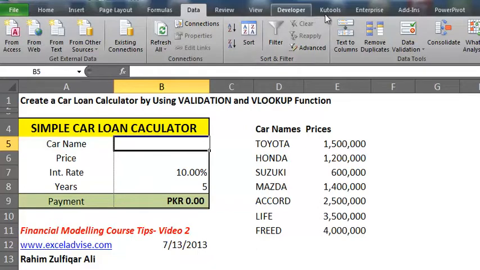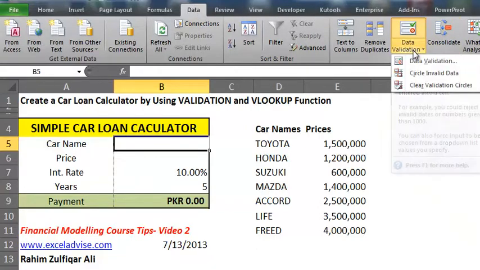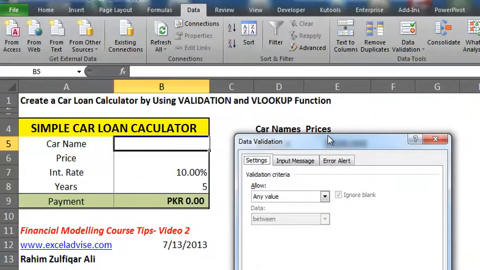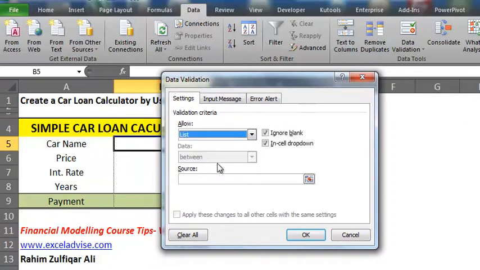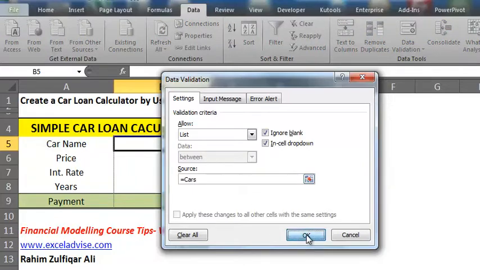Go to the data ribbon, and in the data ribbon there is a data validation button. Click on data validation and you will see a window here. Select list, and in source write equals cars and press OK.